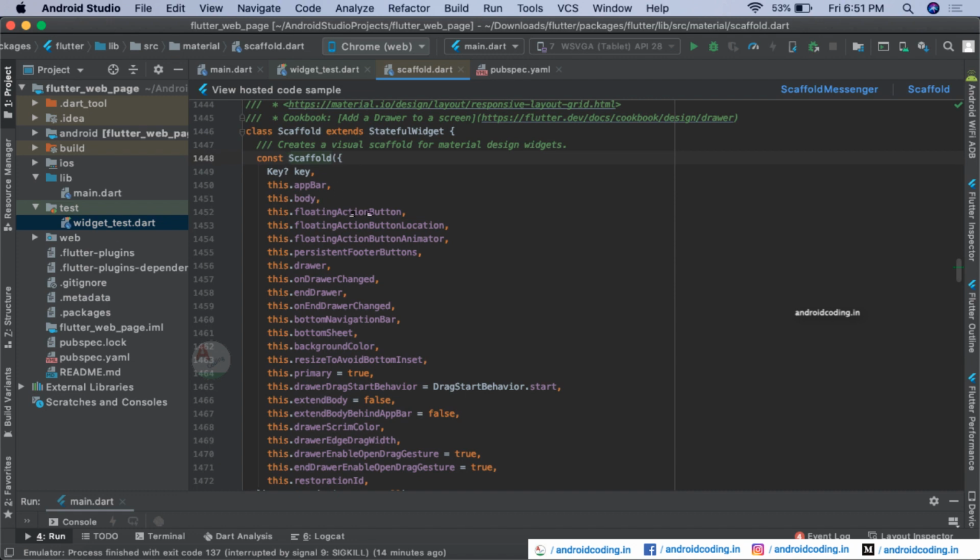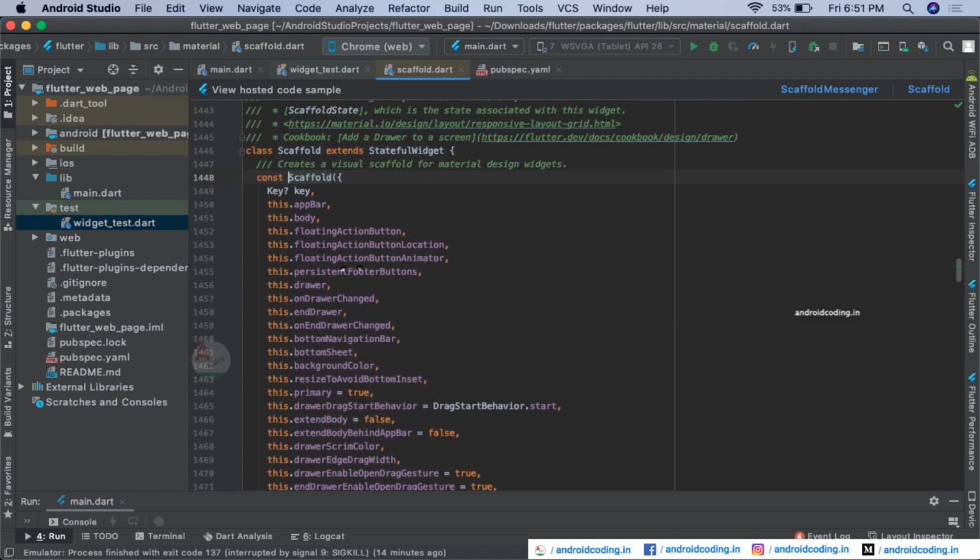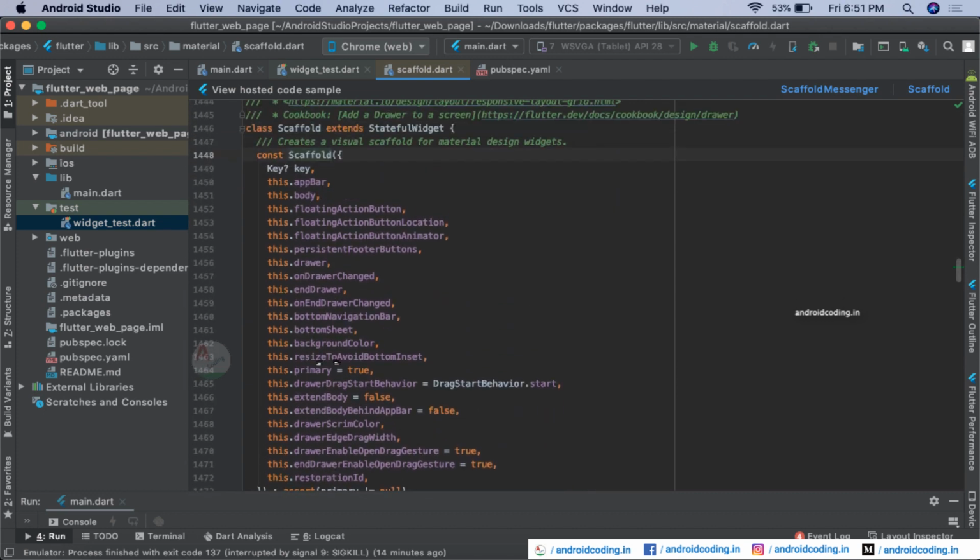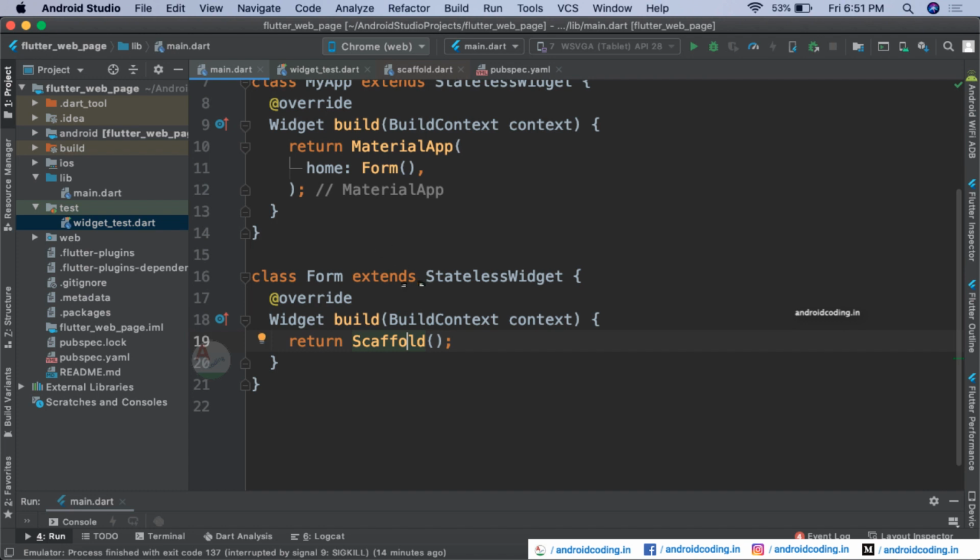For every application we will be using app bar and body, so these are the default things, and the remaining are optional parameters, like a floating action button and navigation drawer. We will use all these depending upon our application requirement, but app bar and body are the basic things we will mostly use. Now actually this is a web application, but I am considering an app bar to show you how similar the code looks in mobile and in the web browser.